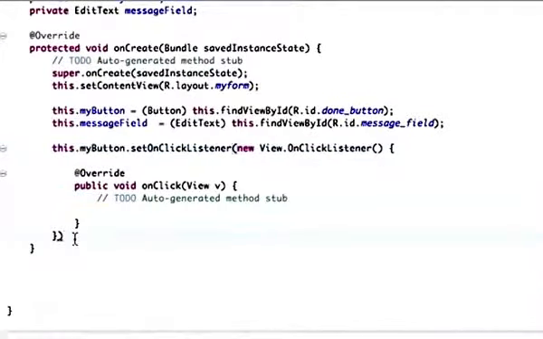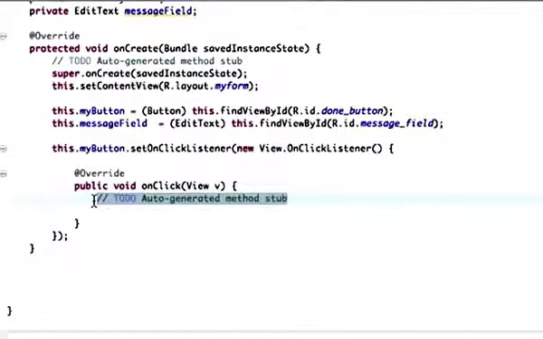And we'll put this down here. All right, and so at this point we want to go and get the text off the... we want to get the text out of that message field and then set it on our return value on that intent object. So one of the things we want to do is create a new intent,